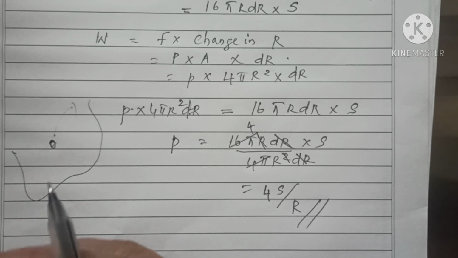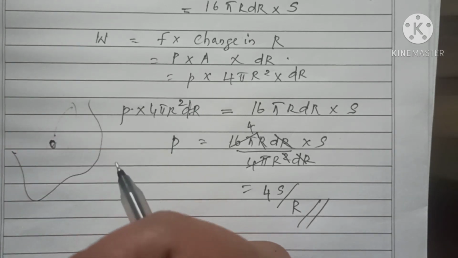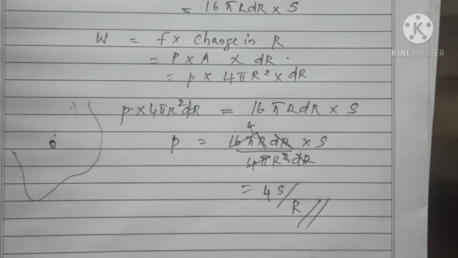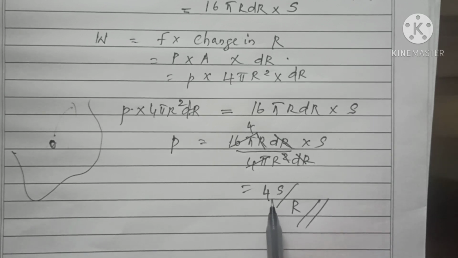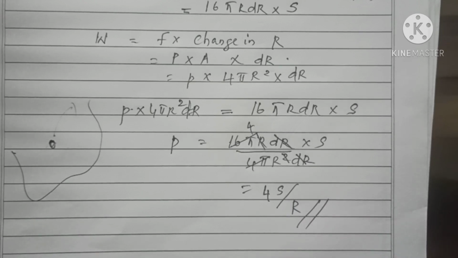Clear? And if it is a soap bubble, just a change, that is it has two surfaces. So when you find the area, you have to multiply that increase in surface area by 2. Then finally move to the same procedure. So what is the difference here? It is 2 times the excess pressure of a liquid drop, that is 4S by r. Clear for you? So these two questions are very important. Excess pressure inside a liquid drop as well as a soap bubble. Okay, study it clearly. Now we will move to the next topic, that is capillarity.